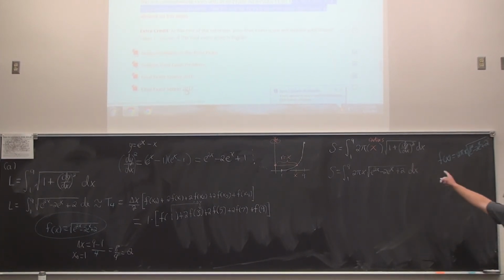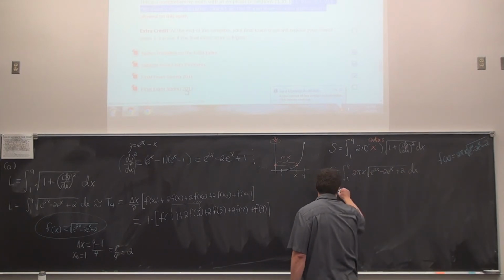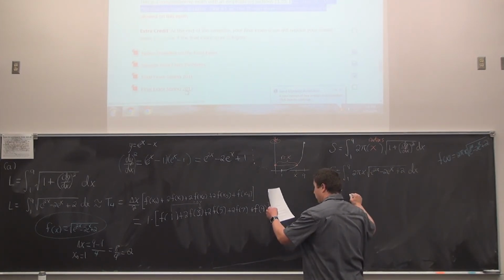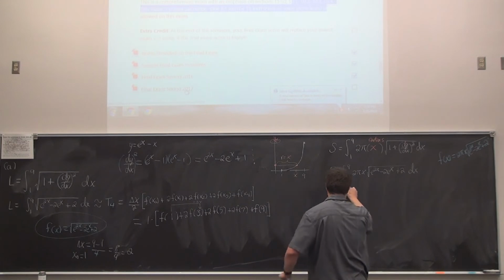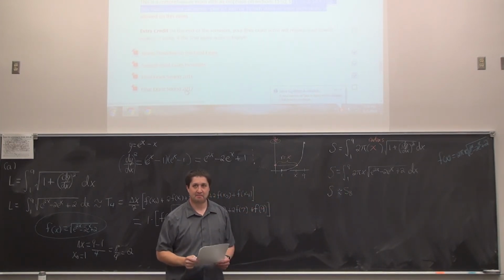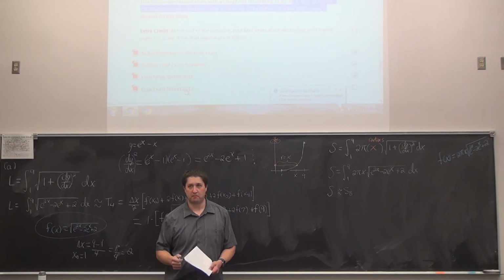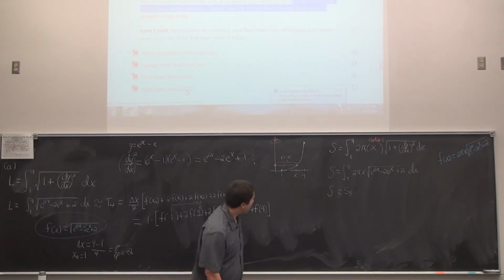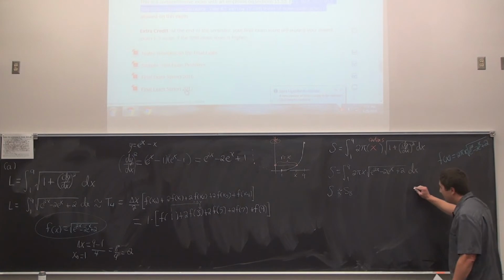Then beyond that, we can say this surface area, S, is approximately equal to, we're doing Simpson's rule with n equal to 8. That was kind of nasty. I don't know what I had against that class. I'll probably keep it a little bit lower. I don't know if 8 is really the best thing to do on this one.